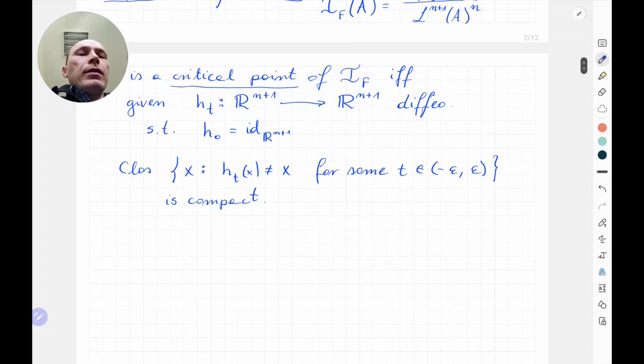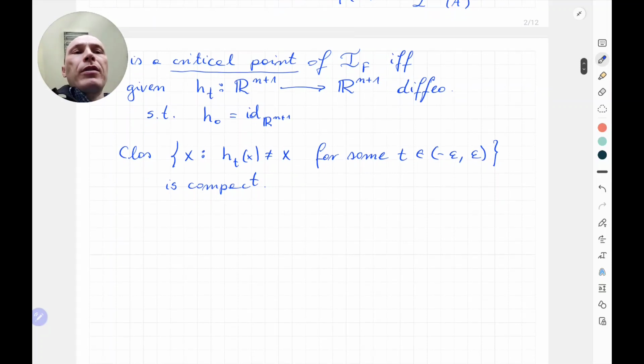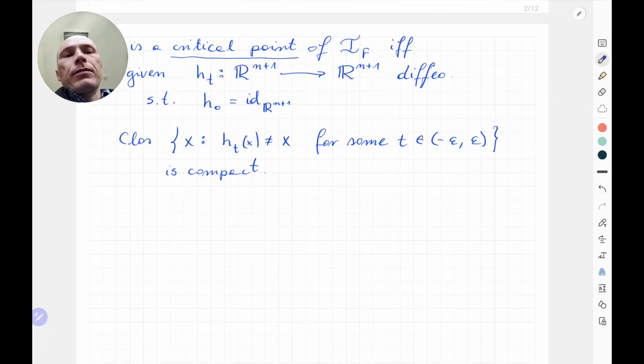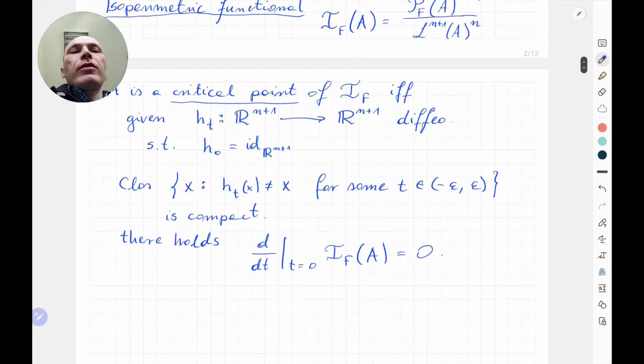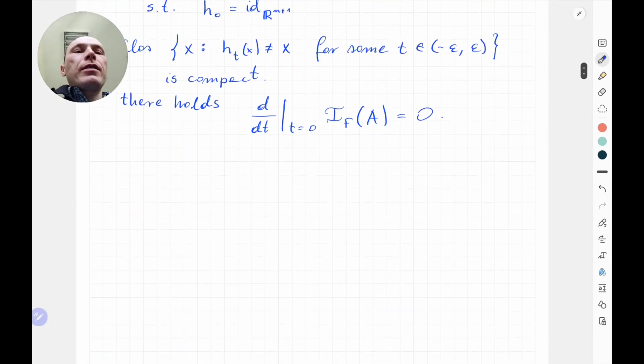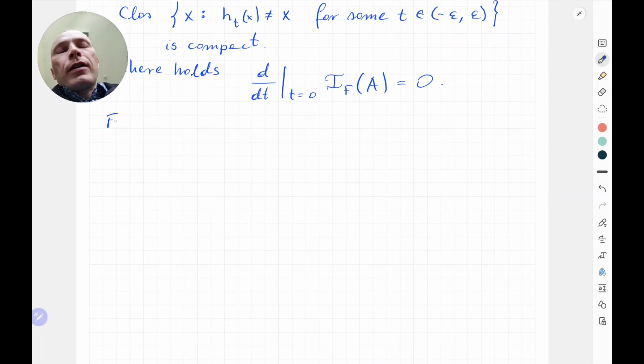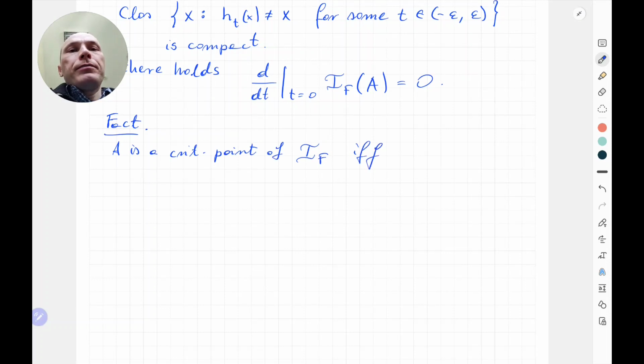Okay, so given such a one-parameter family of diffeomorphisms, if the derivative at 0 of the isoperimetric functional equals 0, this is the definition of a critical point of the isoperimetric functional. And the fact, which is not very hard to prove, says that A is a critical point of IF if and only if there is a constant, which we call C, such that